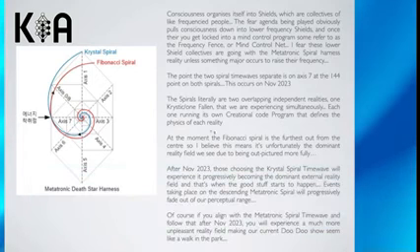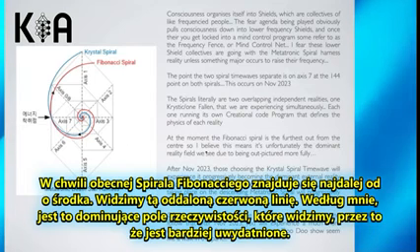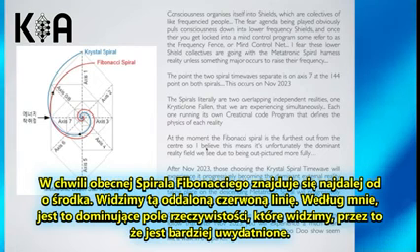At the moment, the Fibonacci spiral is the furthest out from the center, so you can see the red line is the furthest one out from the center. So it's my personal belief that this means it's unfortunately the dominant reality field we see due to it being outpictured more fully.